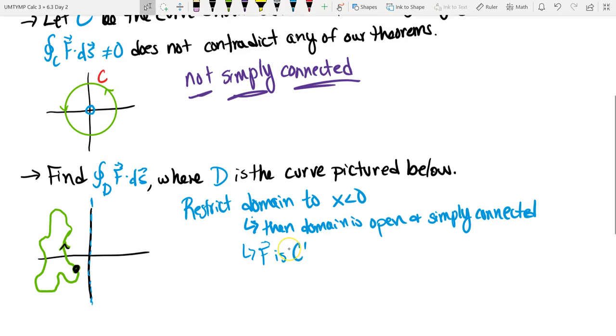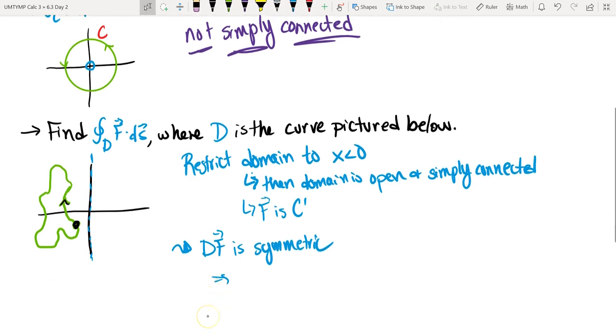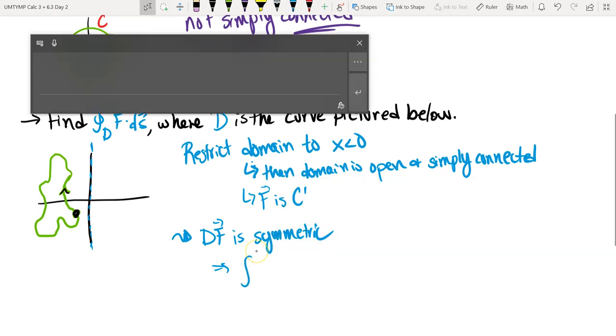And we already said earlier that DF is symmetric. You can compute it, and I just chose to omit it. It is symmetric. Okay, and then therefore, since DF is symmetric, it's path independent, it's conservative,